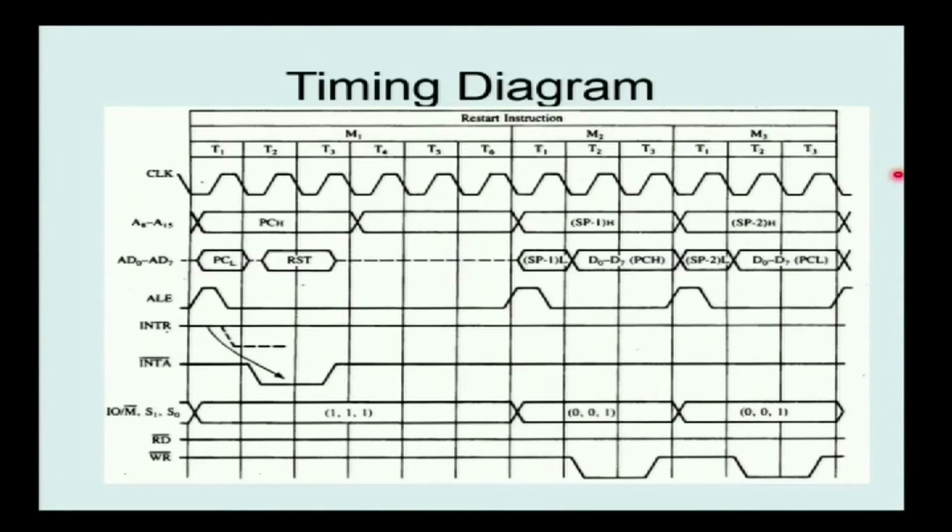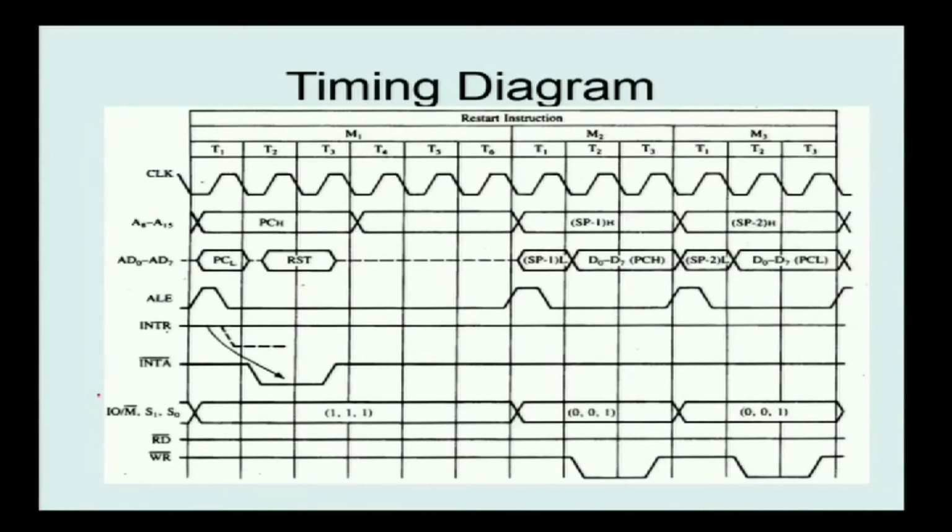In the first machine cycle we are reading the opcode, but here it represents an interrupt acknowledgement signal. Based on the status signals S0, S1 along with the IO/memory bar, if all signals are high level, it is an interrupt acknowledgement. If it is 0 1 1, it represents the opcode fetch. So, in the first cycle the RST opcode will be written here. This is the opcode cycle; this is a single byte instruction. Based on the single byte instruction we need only one machine cycle, but based on its operations here we have 2 more machine cycles.